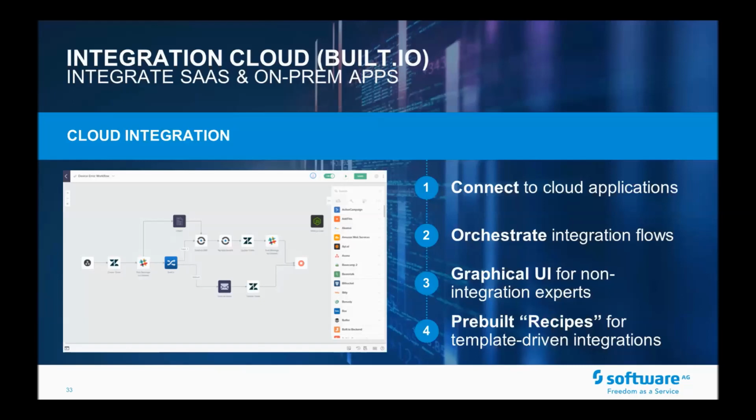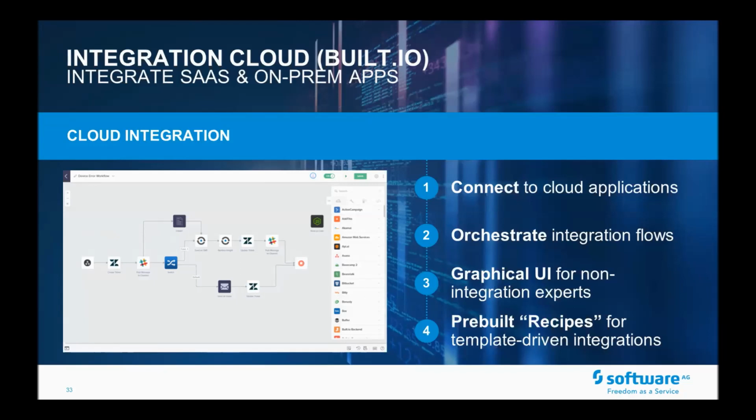Some highlights: cloud integration, including Build.io, a place where you can build your integrations between one SaaS solution and another, between SaaS and on-premise, in a graphical way, utilizing the connectors we build.